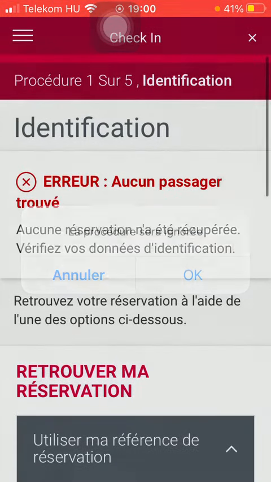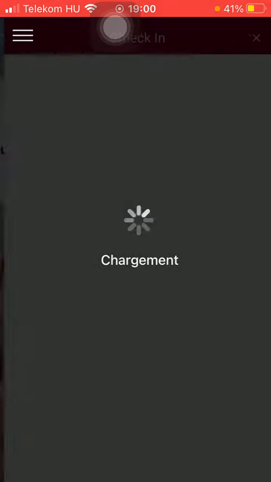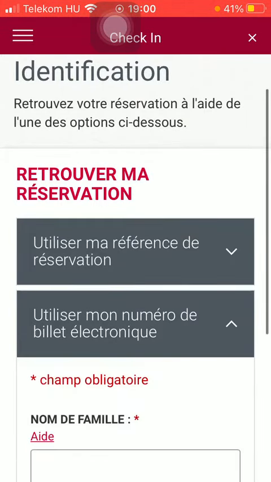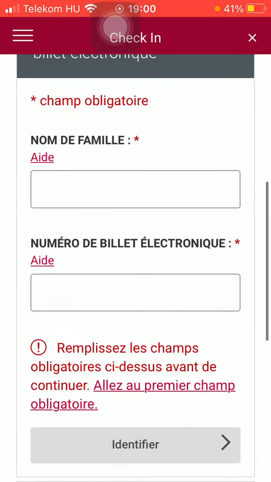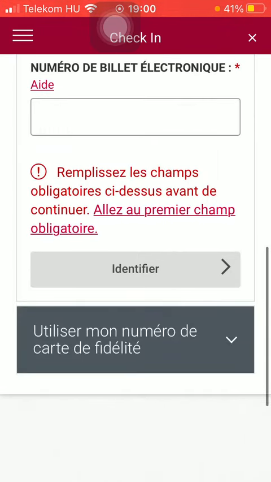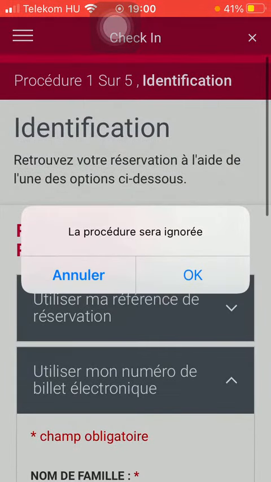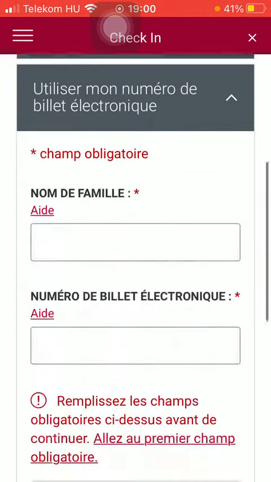to check in. If you choose the other option, which is the number of your ticket, you should also type in your family name and then the number of the electronic ticket. And then click on the identify button, and you can also use the number of your membership card down